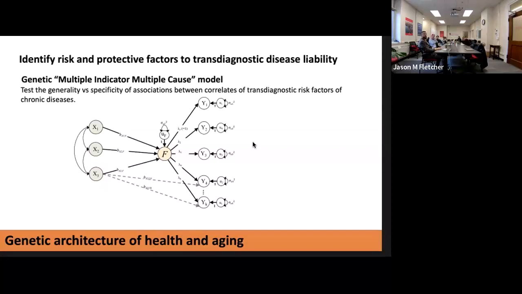Yeah, that could definitely be possible, but theoretically we want to have a pure medical factor, capturing genetic risk sharing among chronic conditions, not smoking behavior. It's considered an external correlate, a risk factor rather than a chronic disease itself. So it would be theoretically more difficult to interpret the factor if you